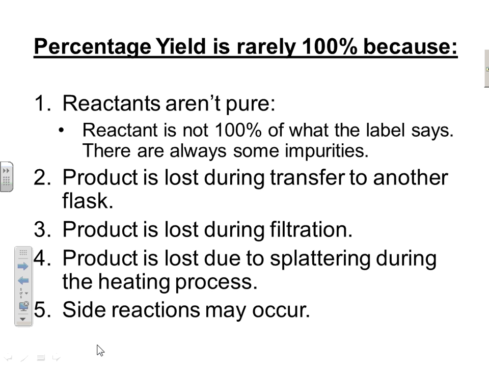Products lost during transfer to another. When we make solutions to do an experiment like this, where we're going to maybe do a double displacement and get a precipitate, we will start with a certain mass of that substance. So here you can see I made a little paper boat. That's the term we use when we make a little thing to hold on to our substance on the scale. If I were to use a paper towel, let's say I were to put some of my sodium bicarbonate on the paper towel, and I were to measure it, and then I were to transfer that into, say, my beaker that I want to